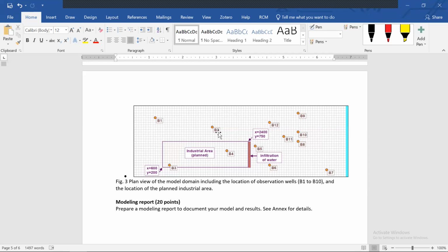So basically, we learned that drawdown is your h naught, the head before pumping, minus the head after pumping. Before we get to the industrial area, your first part of the project